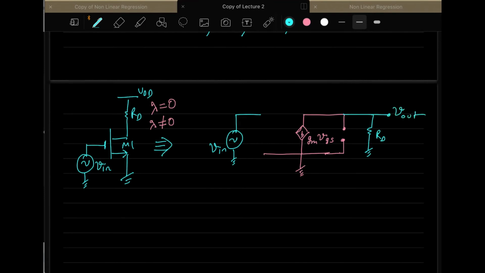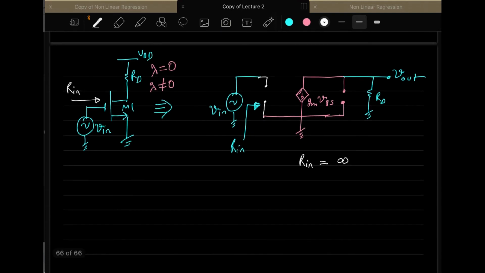So if you want to calculate the voltage gain, first of all we will calculate the input resistance. So what is the input resistance for this? You are looking from this side, and this is your input resistance. When you see the input resistance Rin, it is an infinite resistance because it's open circuited here. So Rin will be infinity. Okay. So now let us calculate the voltage gain and then we will calculate the output resistance.